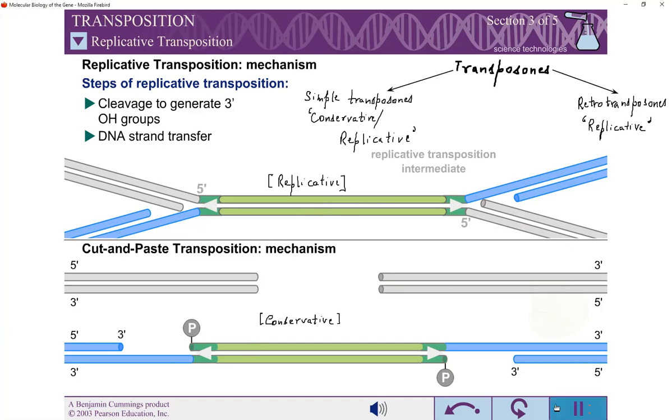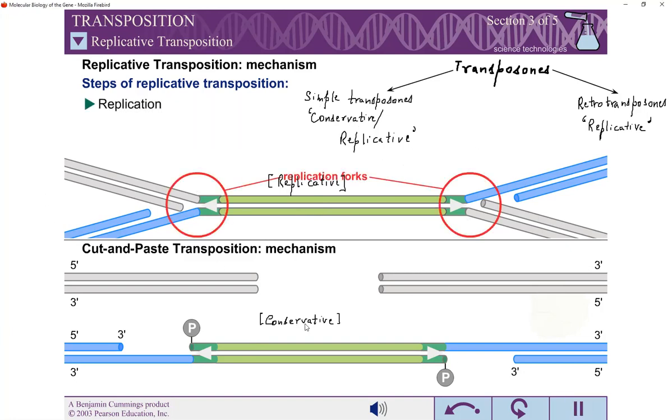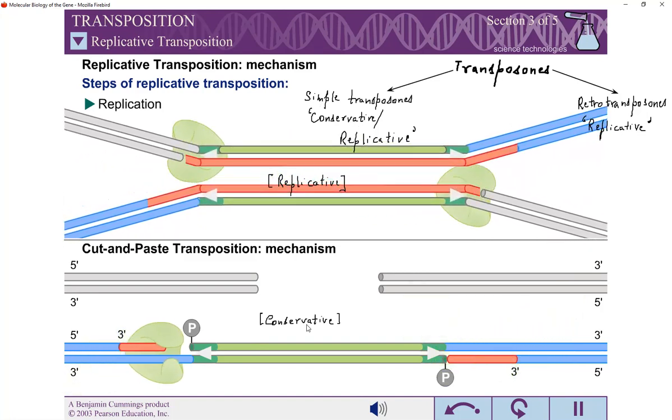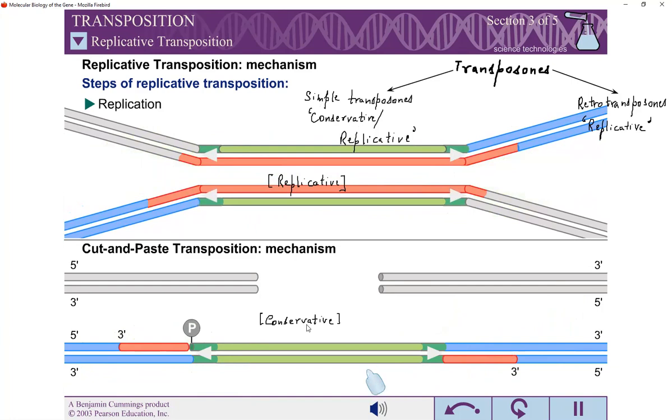Now moving forward. The two DNA branches within this intermediate each have the structure of a replication fork. The DNA replication machinery can then assemble at one or both of the forks. The 3' hydroxyls of the nicked target DNA serve as primers for DNA synthesis. Replication proceeds through the transposon sequence, generating 2 copies of the transposon DNA. Once again, the staggered attack of the target DNA results in target site duplications flanking the element.